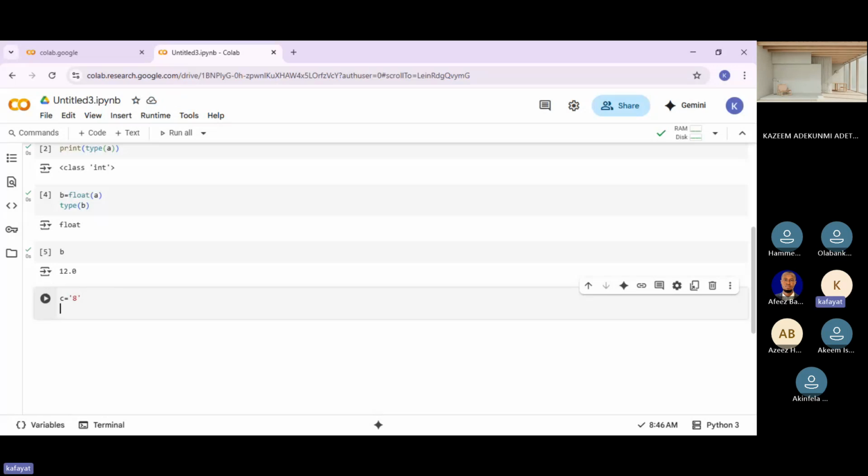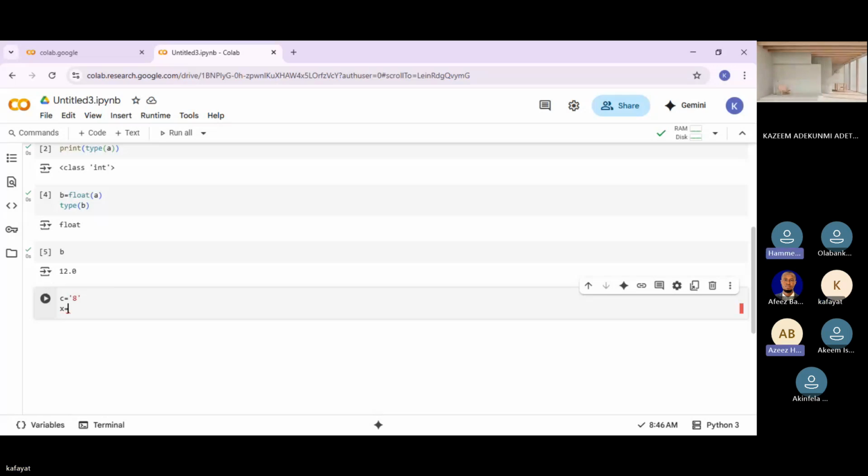So when you now want to convert this 8 to a number, how will you go about it? Just give me anything that comes to your mind.